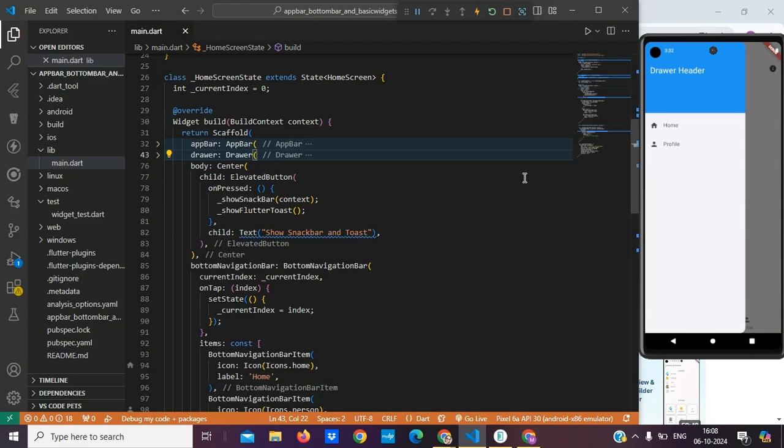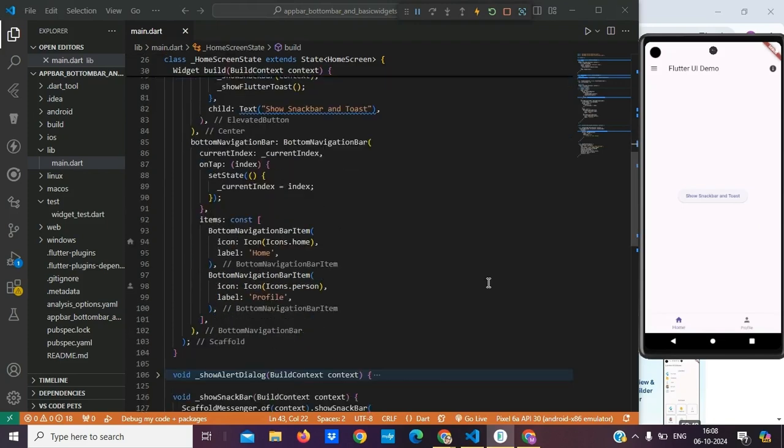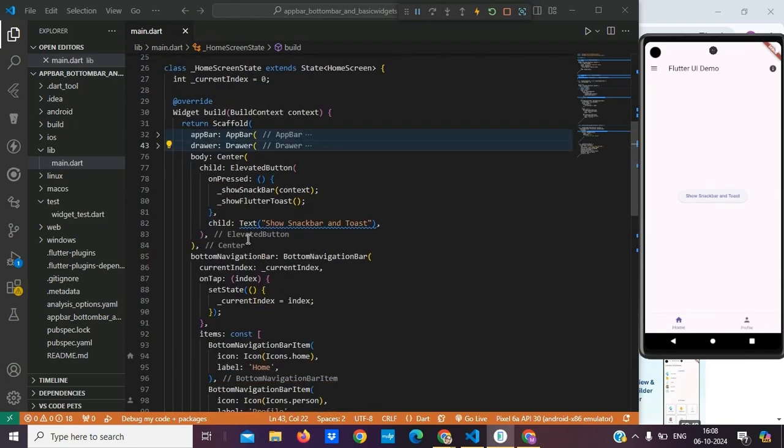After that, we'll check for the bottom navigation bar. You can see this home and profile. There are two tabs I'm showing here. So this is the bottom navigation bar. You can check home and profile. This is clickable. So for that purpose,